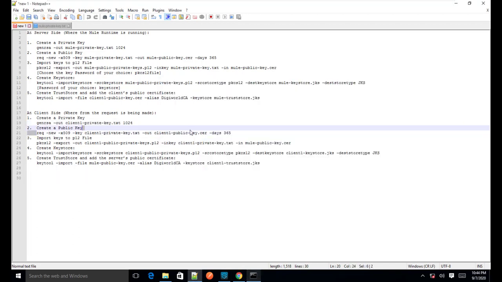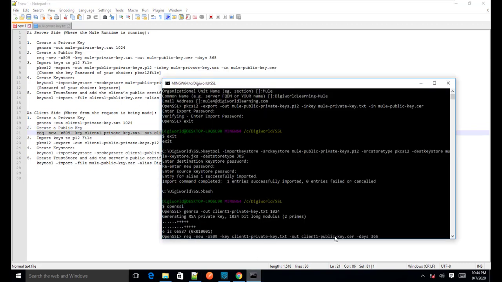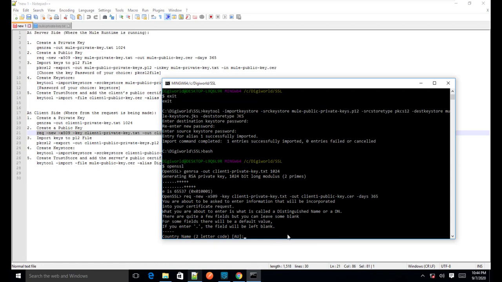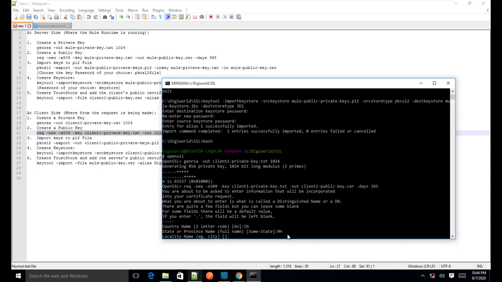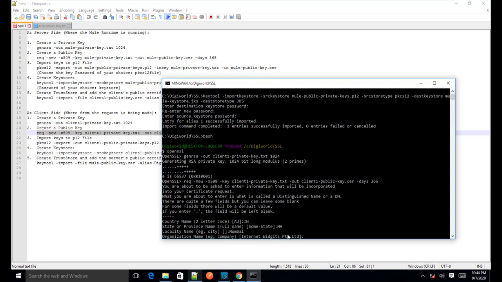This time I will quickly run them. Here I will give the country as in, the city as Mumbai, and the organization name as client 1.